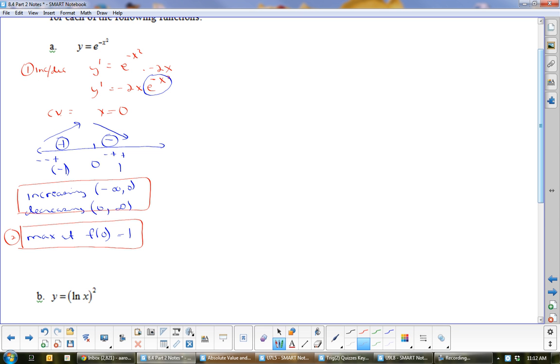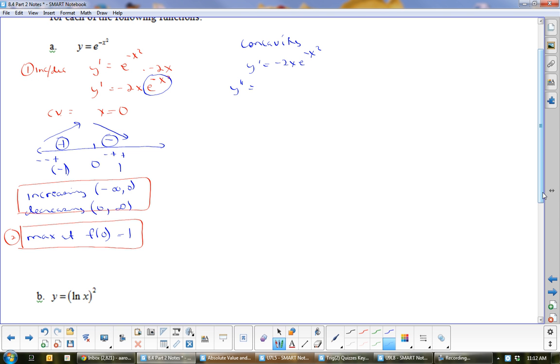Concavity, for concavity, I need to do the second derivative. Okay, well, I'm going to write down my first derivative, negative 2x e to the negative x squared. Oh, this is going to be fun. Okay, so we're going to use the product rule. So y double prime equals,